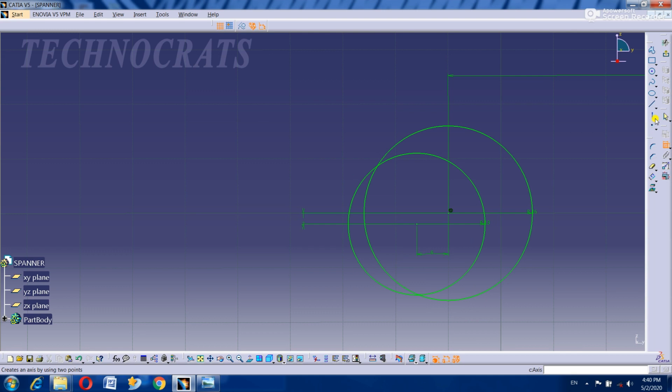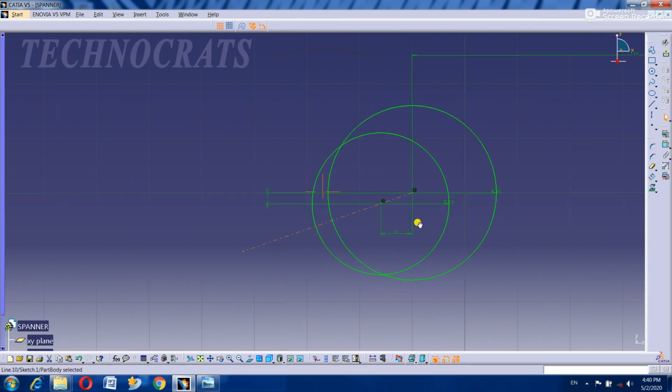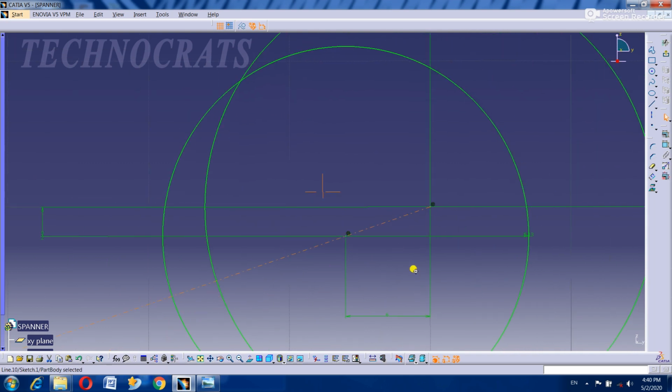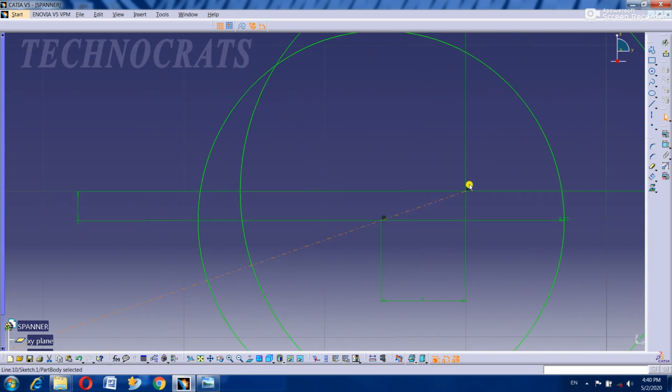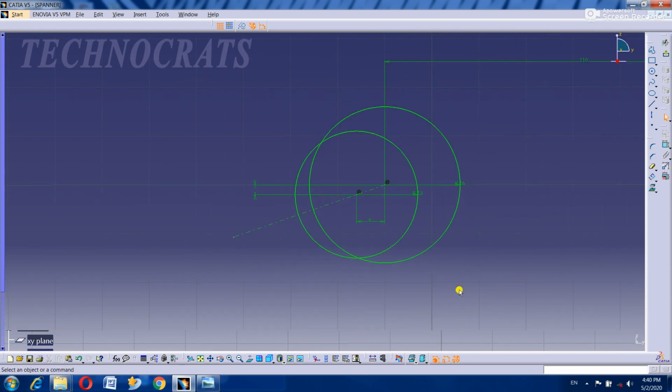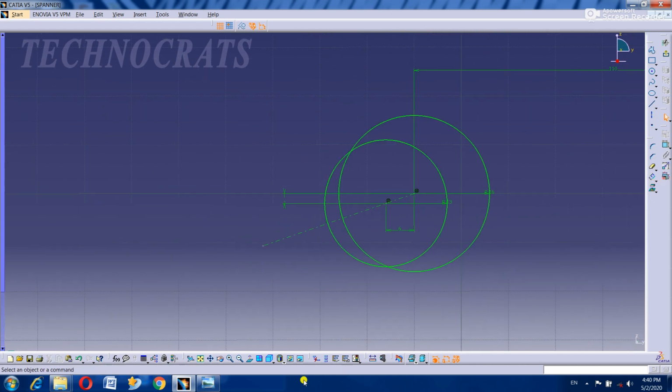And draw a center line which is passing between these two centers. Okay, make sure that this center line is coincident with this center and with this center, as the symbol of coincidence is shown here. Now take offset lines.